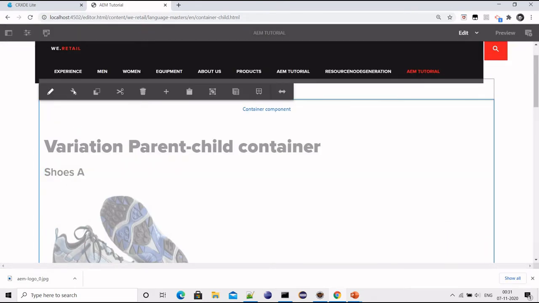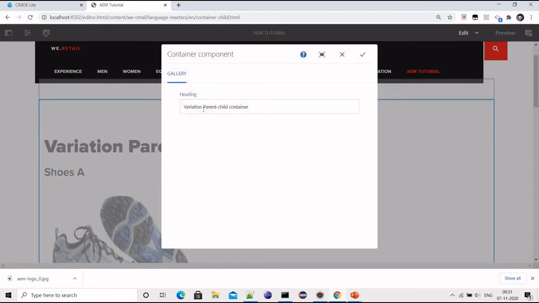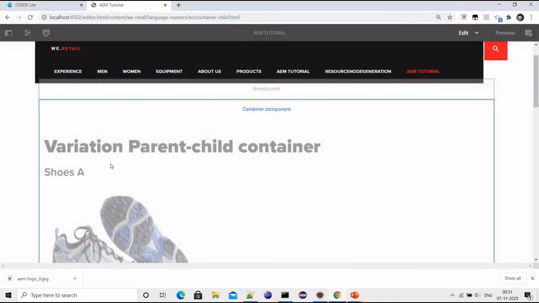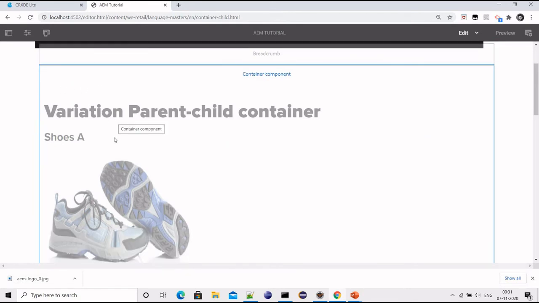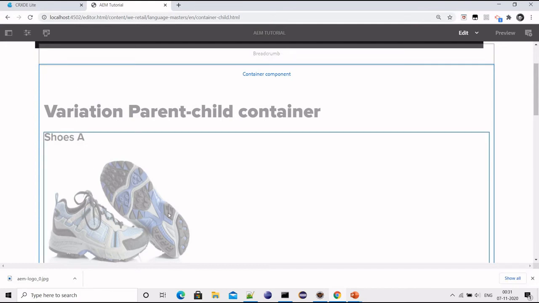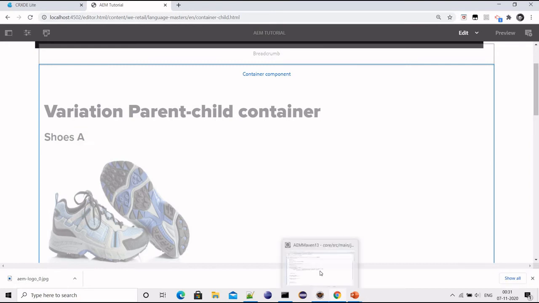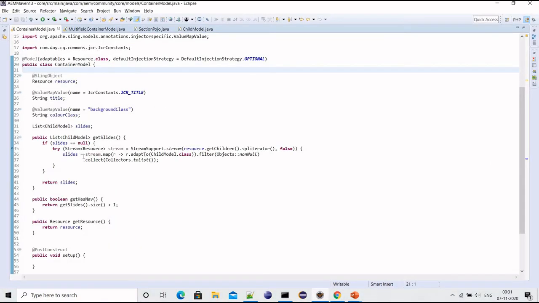If you see the parent component, it's just a heading. We can configure whatever is the requirement, and based on that, we can design the parent component as well. Now, once we design a parent component and then child components, how can we actually write code so that we meet the expectation? Meaning the parent component will traverse through all the child components, and then we will have this user experience. So what we can do is, in the Sling model, if you can see, this getSlides method